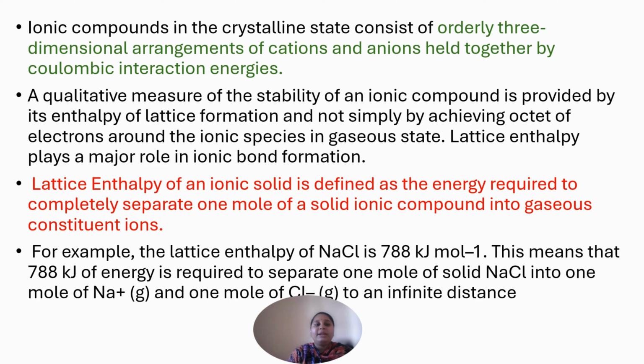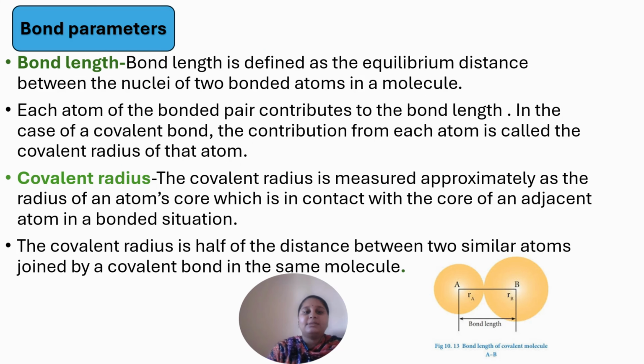So the next is bond angle. It is defined as the angle between the orbitals containing bonding electrons. This bond angle gives an idea regarding the distribution of orbitals around the central atom in a molecule or a complex ion, so it helps in determining the shape of the molecule. Say, for example, the HOH bond angle in water is represented as the number of pairs around the central atom in a molecule or a complex ion.